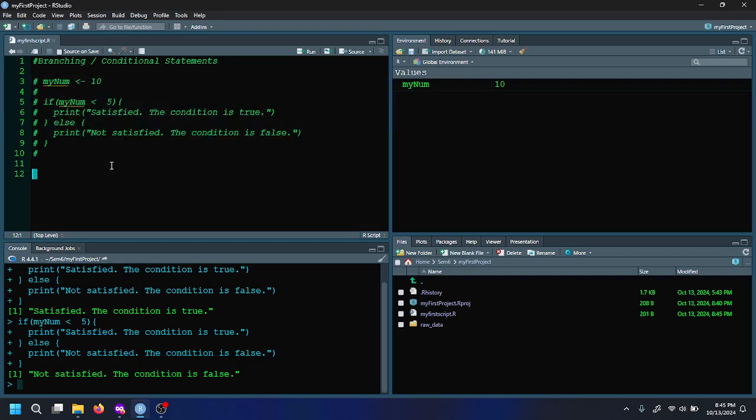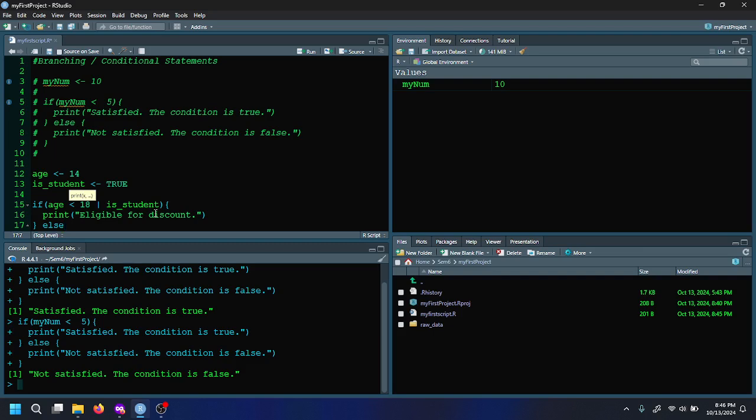In this case, let's say we have age, and it's 14. And then we have is student, and let's say that's true. Then what we can do is say this: if age is less than 18 or is student, and this is short for saying is student equal to true, print eligible for discount,